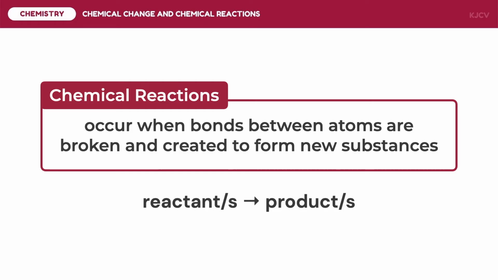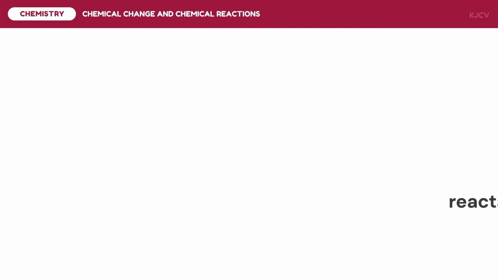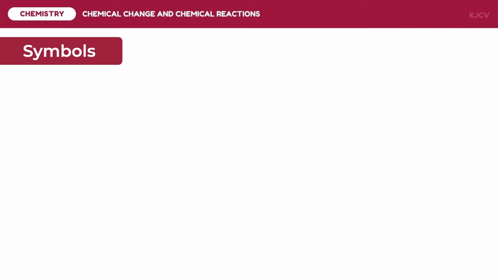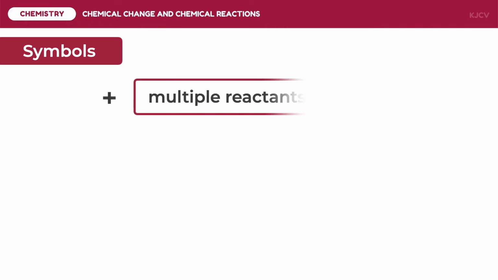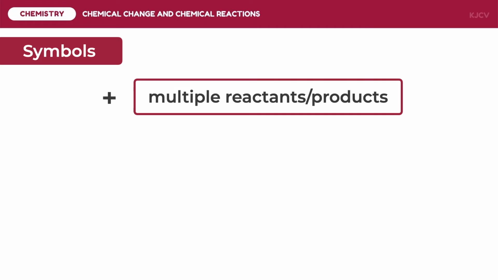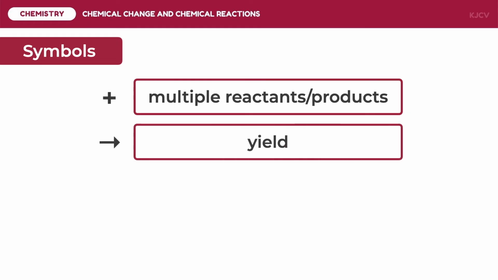Chemical reactions are usually written in equation form. Different symbols are used in writing equations of chemical reactions. A plus or addition sign means that there are multiple reactants or products in the reaction. The reactant and product side may be composed of only one substance, given that the other side is not a single substance. An arrow pointing to the right means yield, or the reaction proceeds from the reactant side to the